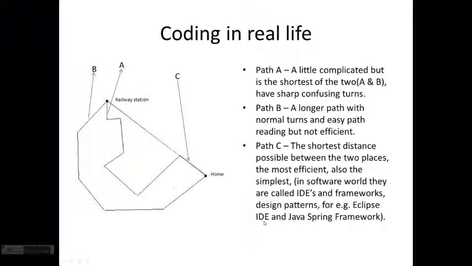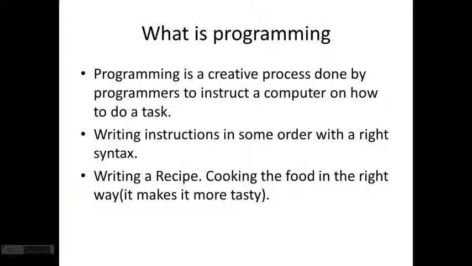In software terms, we call it like we implement frameworks, like we have the Spring framework in Java, then we have design patterns, algorithm designs, memory savings, then we have IDEs, there are different IDEs, Eclipse is there, NetBeans is there in Java. There are many things implemented to make the code better, to make the code faster, to make the code run in a more controlled way. So this is part C: most experienced programmers, when they learn programming, when they learn paths A and B, then they follow path C.